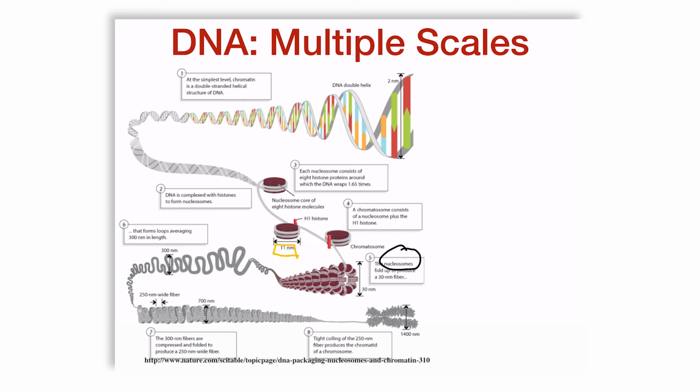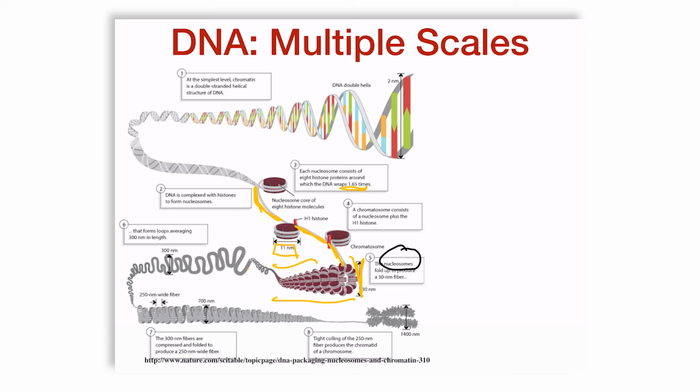It forms a sort of cylindrical geometry and is separated by a length of DNA. So it's 1.65 times, sorry, not 2.65 times, 1.65 times. The linker DNA that joins each histone is thought to be typically an average length. This then wraps into a more complex structure, which forms a 30 nanometer filament, and it's called that because the diameter of that filament is 30 nanometers.